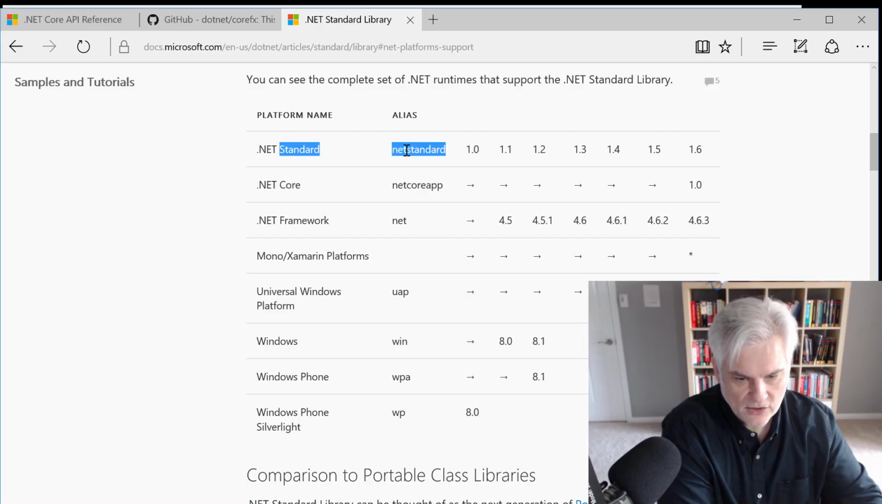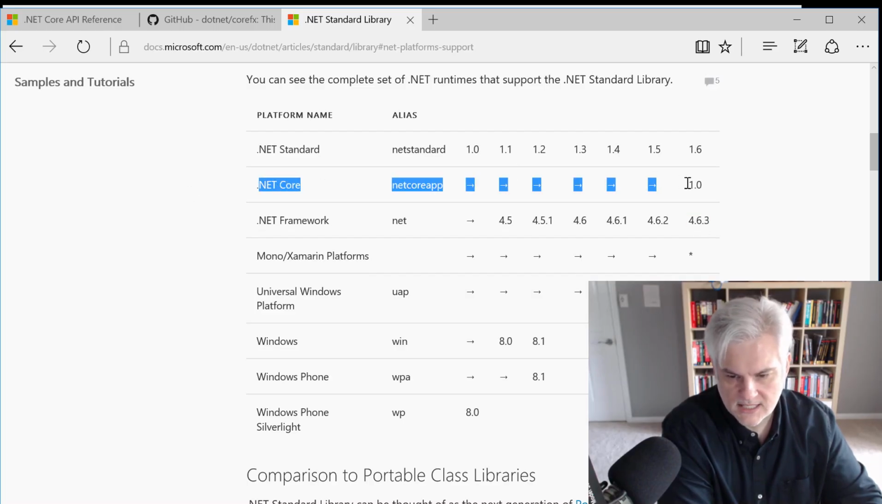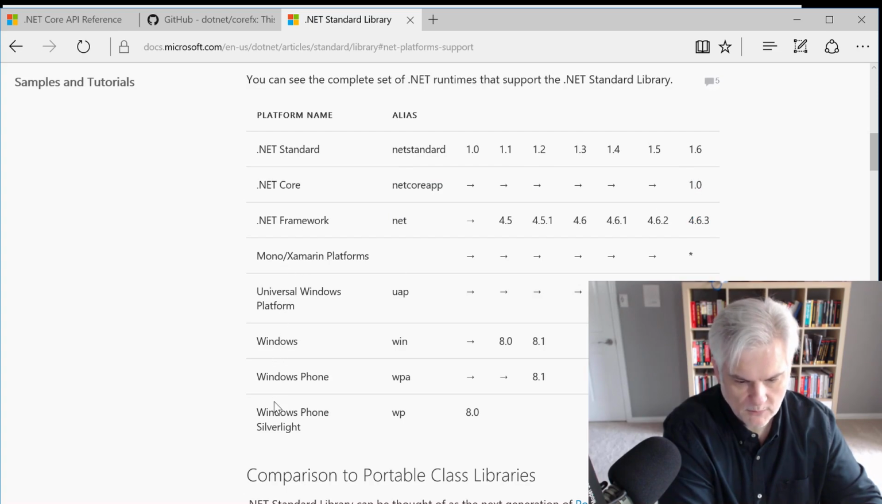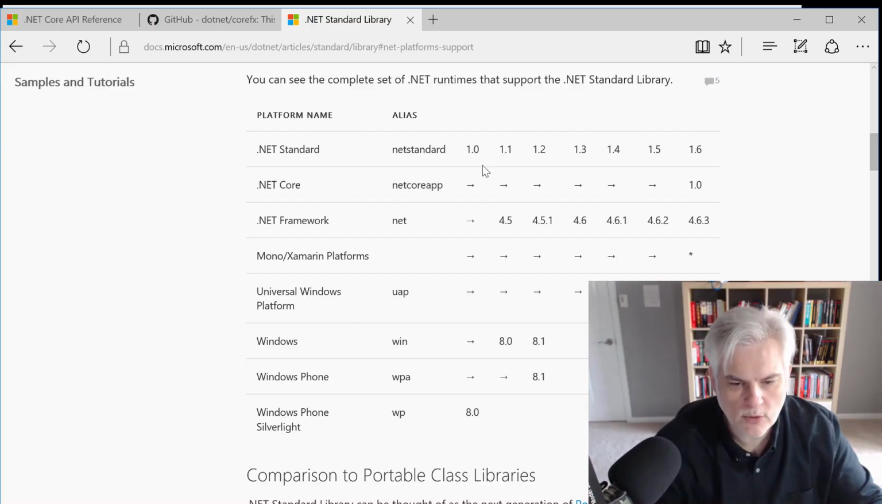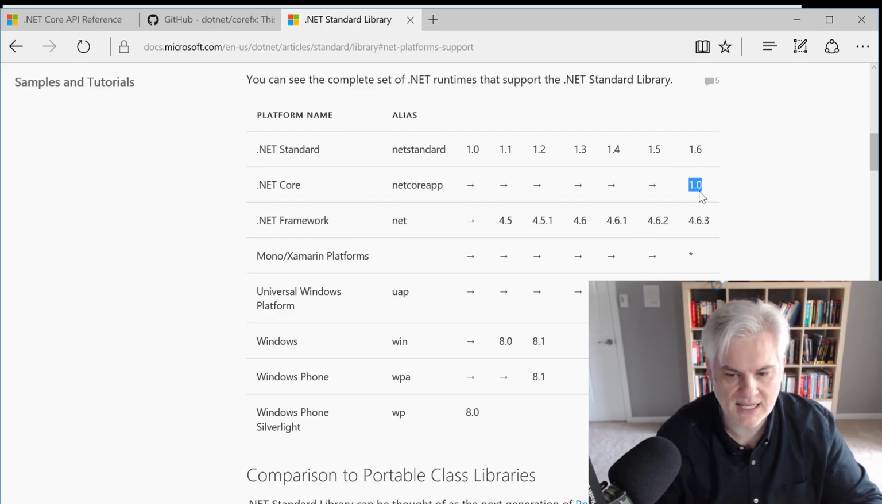So here's the standard. So 1.0 through 1.6. Here's the .NET Framework, the original .NET Framework that we know of. The current version as I record this is 4.6.3. And then here's .NET Core. And you can see it starts off with 1.0. Here's Mono and Xamarin and Universal Windows Platform, Windows Phone even, and Windows Phone Silverlight. So you can see that these will support a minimal set of features, but as we go forward, the .NET Framework 4.6.3 supports 1.6 version of the standard, which is the same that the .NET Core